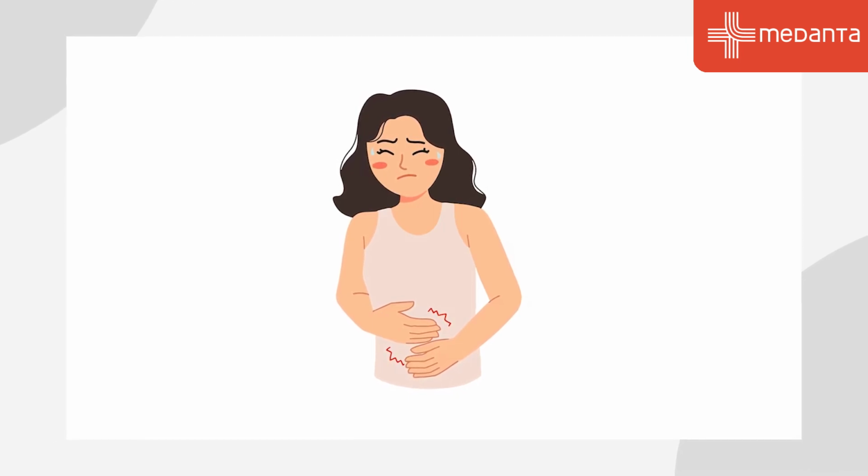The fibroids which grow towards the cavity of the uterus or the endometrial lining are basically responsible for heavy bleeding. And the same fibroid, if it grows towards the outside of the uterus or serosal layer, is a subserosal fibroid, and they mainly cause pressure symptoms. So the patient may feel a lump in the abdomen. There may be some bowel or bladder symptoms like abdominal protrusion, abdominal distension, or gaseous feeling, or constipation, or frequency